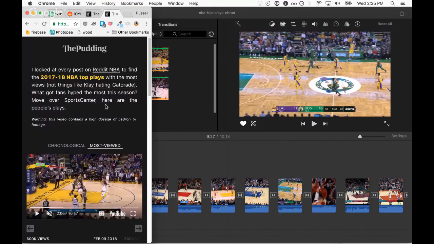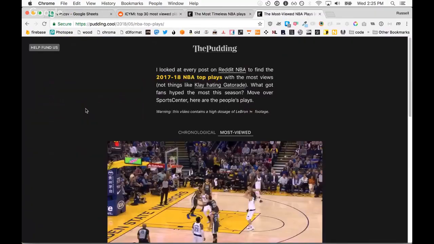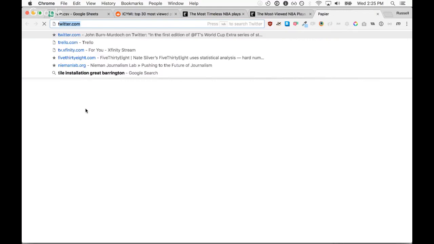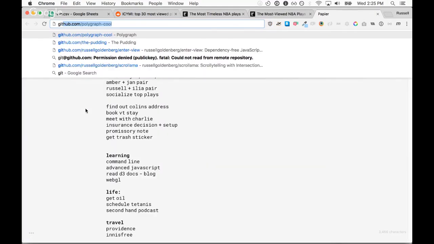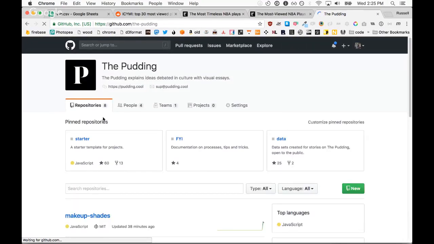Awesome. Is there anything else you wanted to mention about this project that we haven't talked about yet? I don't think so. If you're curious, I believe the code is up on our new Pudding repo, under NBA Top Plays.